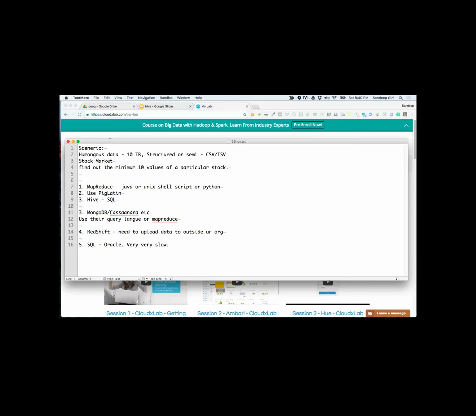Okay, so here are all our possibilities. One is use MapReduce. You will have to write Java, Unix shell script, or Python. You will either use Piglatin, as in you will write Piglatin and then process it. The third is Hive, that we will discuss. Next is, sorry, this is a 4, this is a 5, this is a 6, and 7 is we will use Spark. That's future.